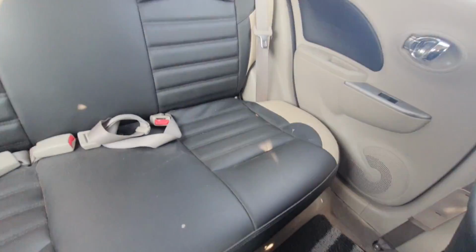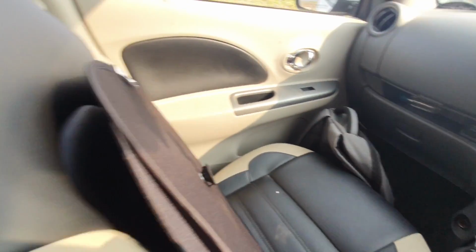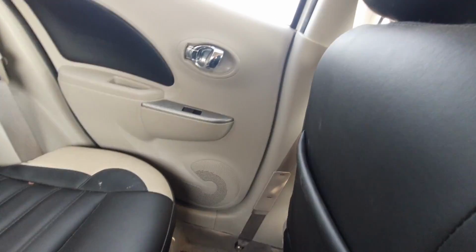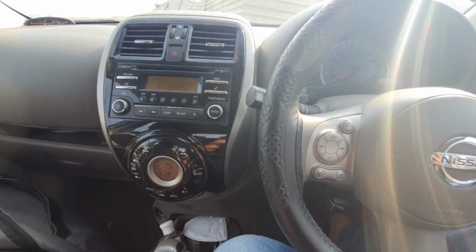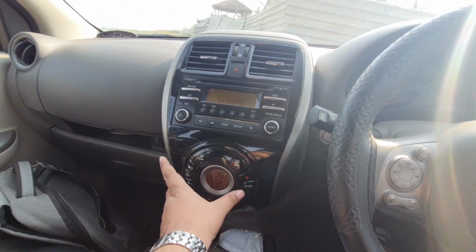Ample amount of space in the back. This being with the seat almost pushed, not so much in the front, but yeah, there's a lot of space here. And behind me also you can see there's a bit of space. Comes with 4 speakers. The built-in music system. Overall, this car is very neat on the inside, especially this center console, which has been